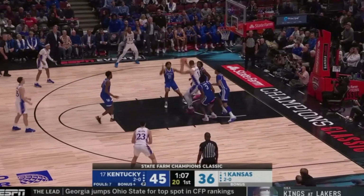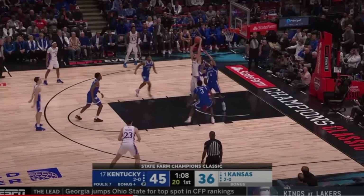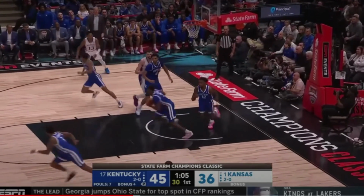We can see a clear contrasting example in this situation. The moment the ball gets to the inside, Hunter Dickinson literally has 4 blue jerseys surrounding him, and all 5 are staring at the ball. Like, Kentucky cannot prioritize defending the inside any more than they do right here, and it leads to a successful